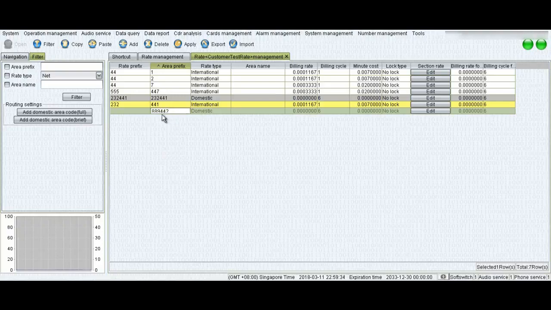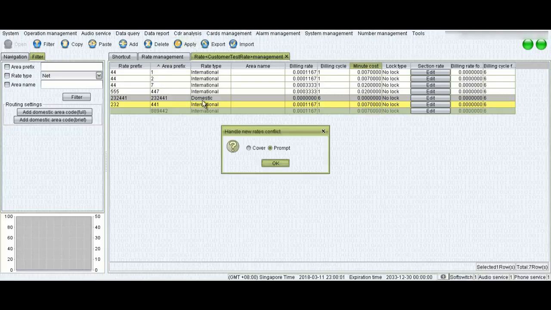Now your customer is going to dial using prefix 889, and the country code is 44 and the area code is 2, which is also the landline code for UK. Again, you will select international, the billing cycle is 1 by 1, that is up to your need, and the rate is 0.07 cent per minute. I'll apply.